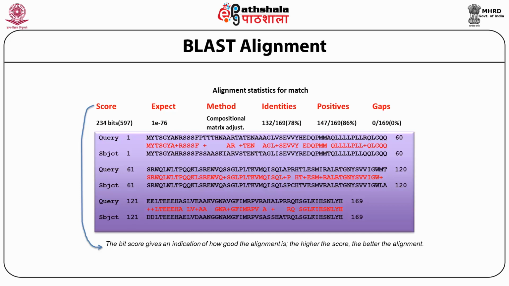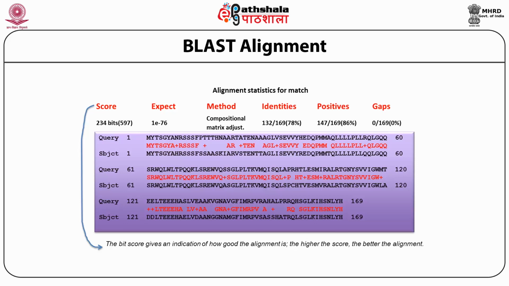Then if you look at gaps, there is no gap in this alignment. This is one example, but it's not necessary that all alignments will be without gaps. There will be sequence alignments where you will have a gap. In those regions you will see how many amino acids are being extended. For example, if two proteins are homologous to a certain extent, and due to evolution one has evolved with a loop inserted into the protein, those loops won't be matched with your query sequence.